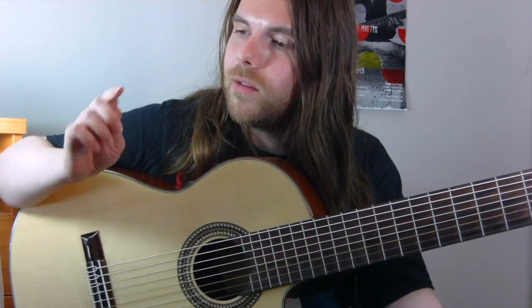Those low strings require a little bit of extra finesse in order to avoid the nail scratching sound. Another approach is to use our thumb, either the flesh and the nail at a more vertical angle to the string, or using the side of the thumb at a more horizontal angle, which gives a thinner sound that actually works very well in defining those low notes. So you might choose to use your thumb